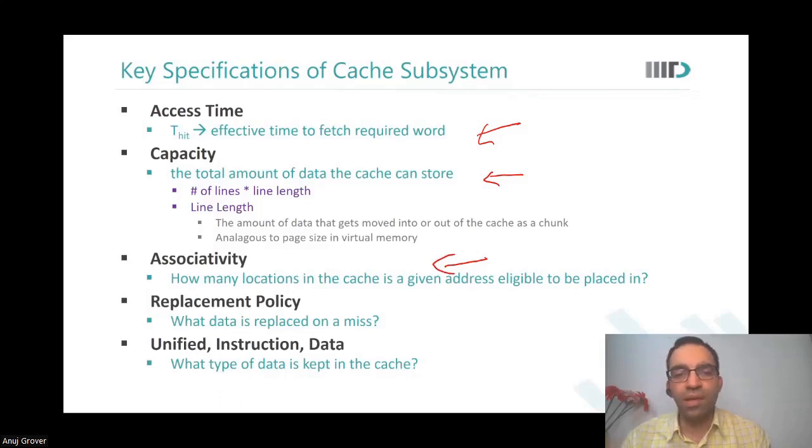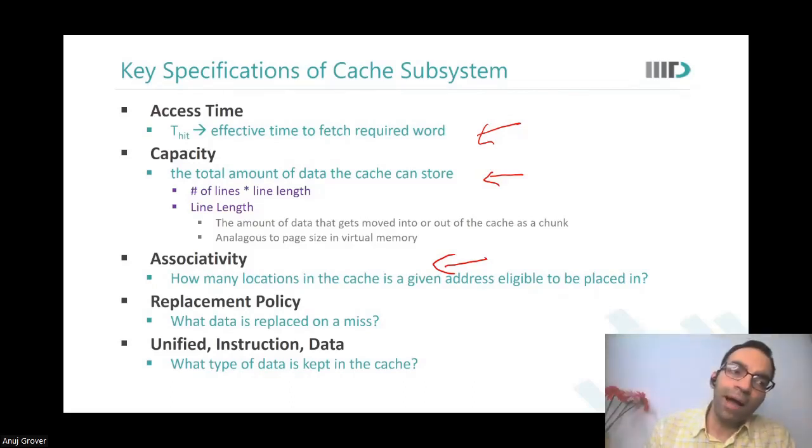Now, associativity. Associativity means that suppose I wanted to store latitudes of some locations, some addresses. I wanted to store the latitudes and longitudes. How many latitudes can I store? And how many longitudes can I store? Or can I also store, let us say, a photograph or something else in my system? So how many locations in the cache is a given address eligible to be placed in? For example,